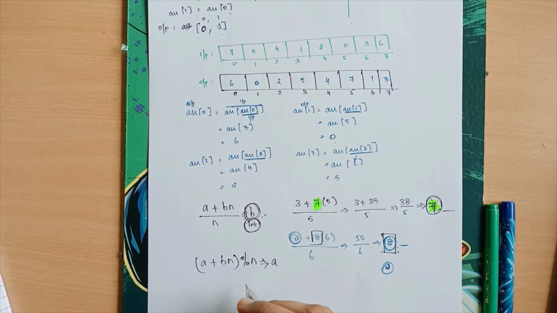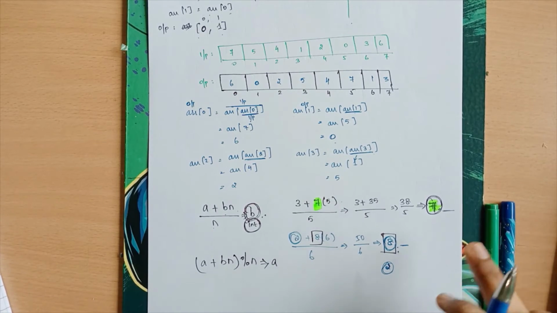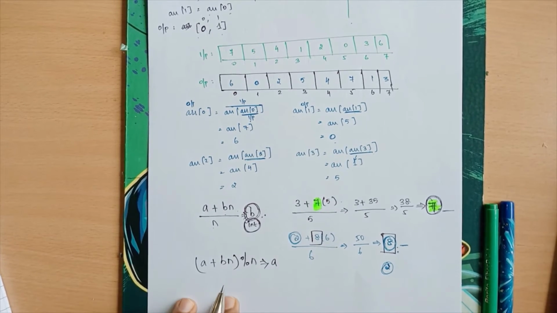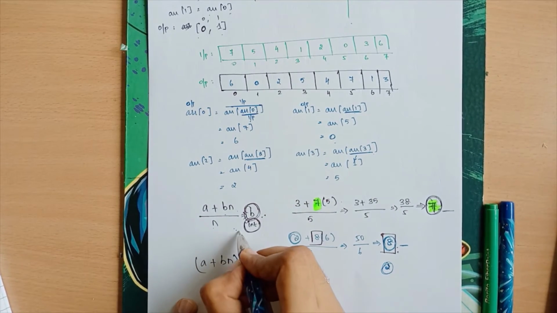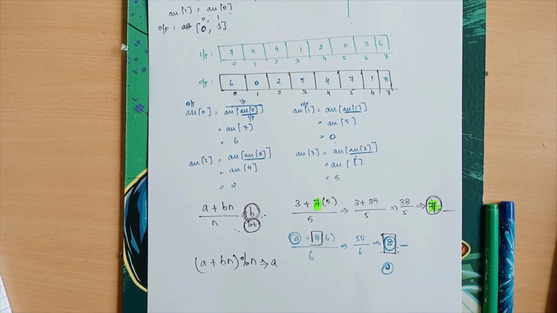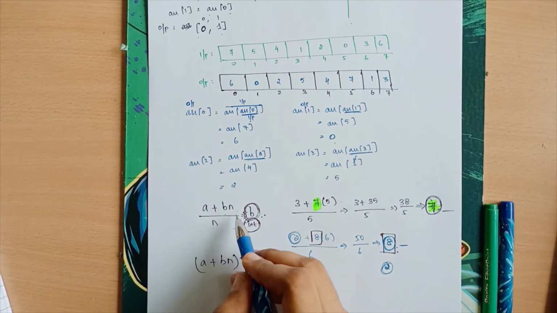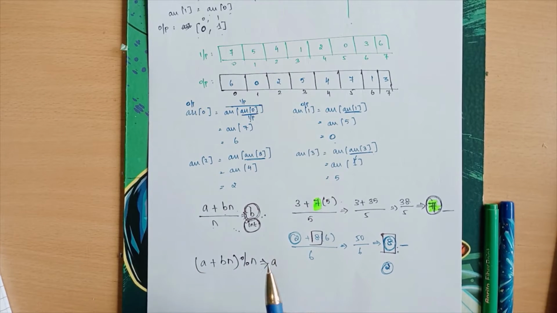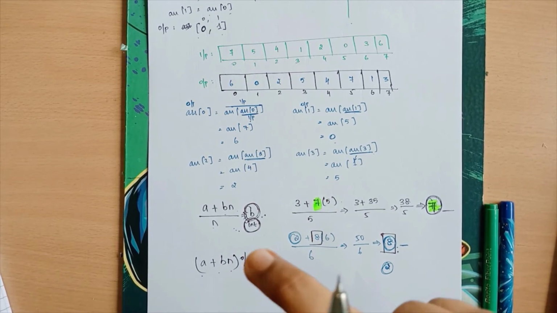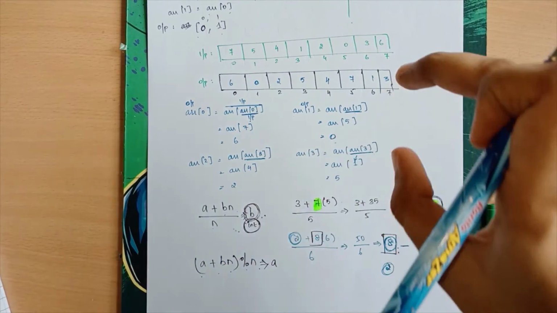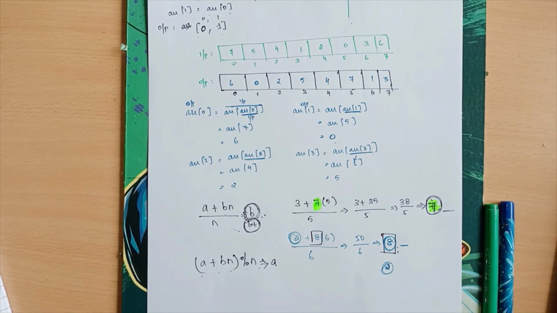So you understand it. This is basic mathematics, but we have not seen it in this format. Everybody knows this point, but we have never observed something like this. If you have observed it earlier, hats off. I just observed it when I went through this question, okay? So a plus bn divided by n is going to give me b, and a plus bn modulo n is going to give me a. We are going to make use of this phenomenon in this question to get the answer, okay?